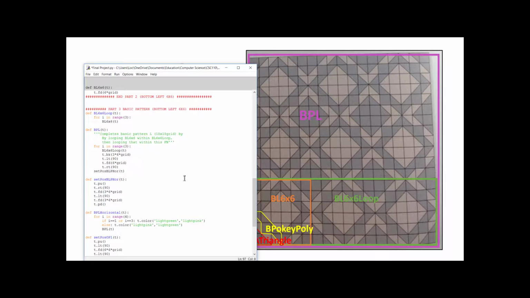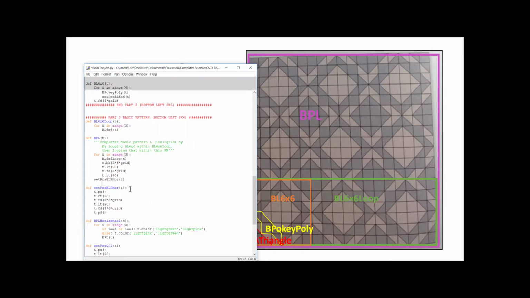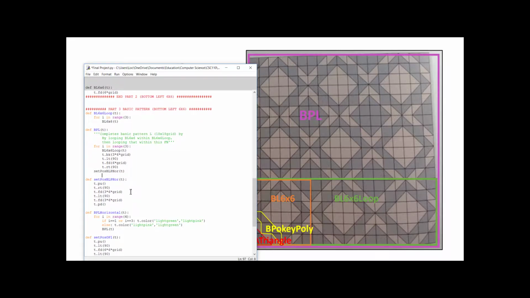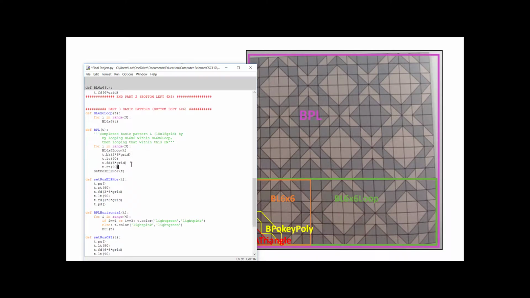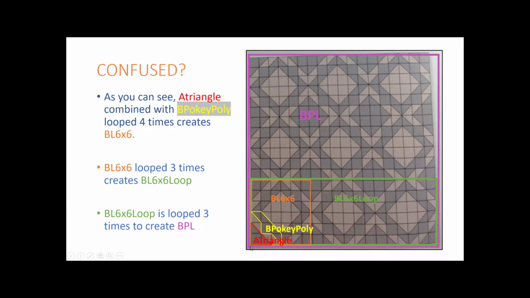What am I doing? My apologies. This right here is actually making sure that my turtle is here. I'm sorry for the mishaps. Okay, my turtle is at the corner facing to the right every time I complete the BL 6x6 loop. Oh no, actually no. This is making sure that I end up right at the bottom corner of BL 6x6